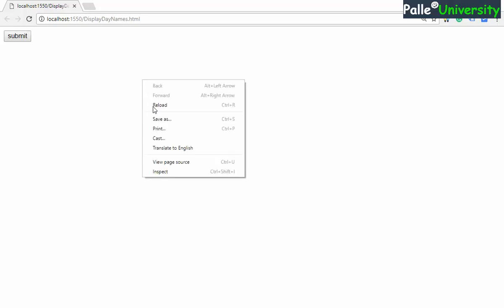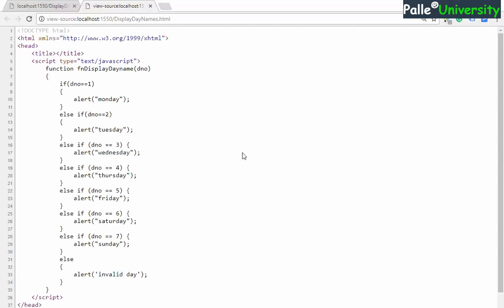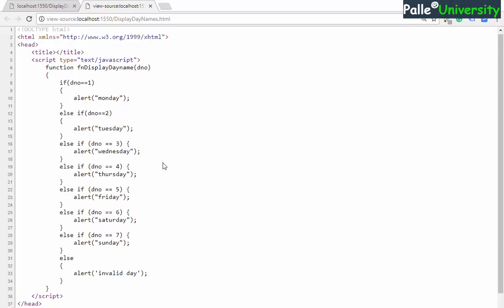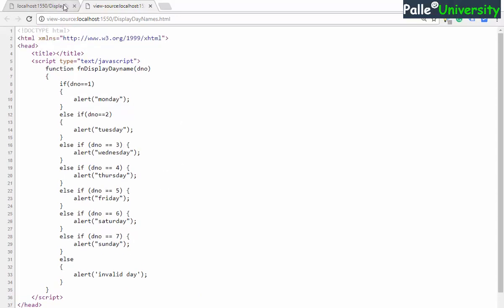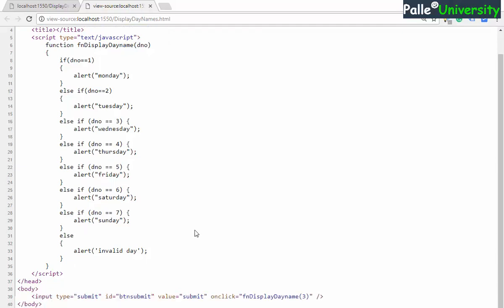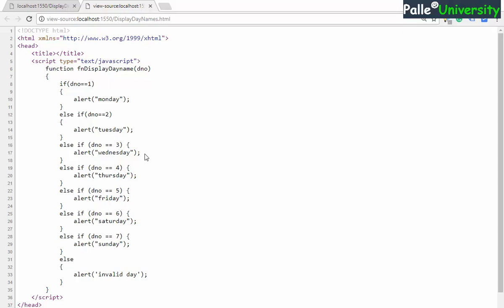Now if you want, you can see what data is displayed by the browser. If you want to observe what data is received by this browser as input, you can do it by right clicking on the browser and clicking on the view page source option, right? Once you click on view page source, the browser will display whatever HTML and JavaScript code it received. It will be showing everything over here. Remember, you cannot hide the JavaScript code from the end users whatever you do, and in a similar way the HTML code also you cannot hide from the end users.